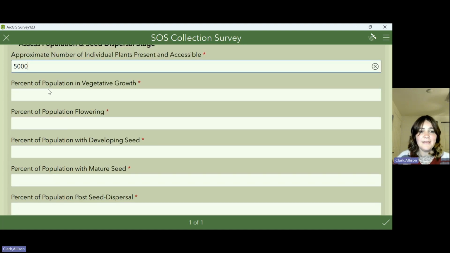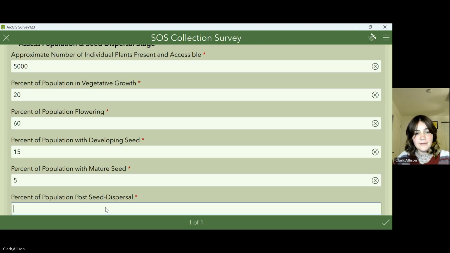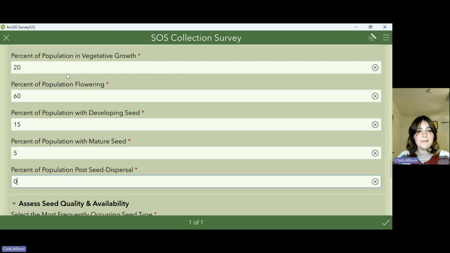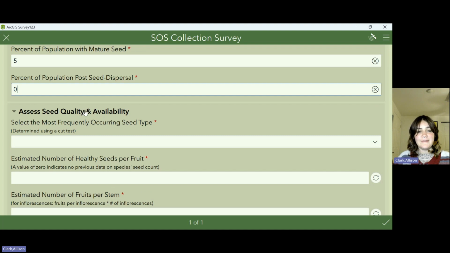Then you're going to estimate the phenology of this plant. So let's say that it's too early for collection at the time we're scouting and that most of it is in vegetative growth or flowering. Make sure that your values from these questions all add up to 100, and then move on to assessing seed